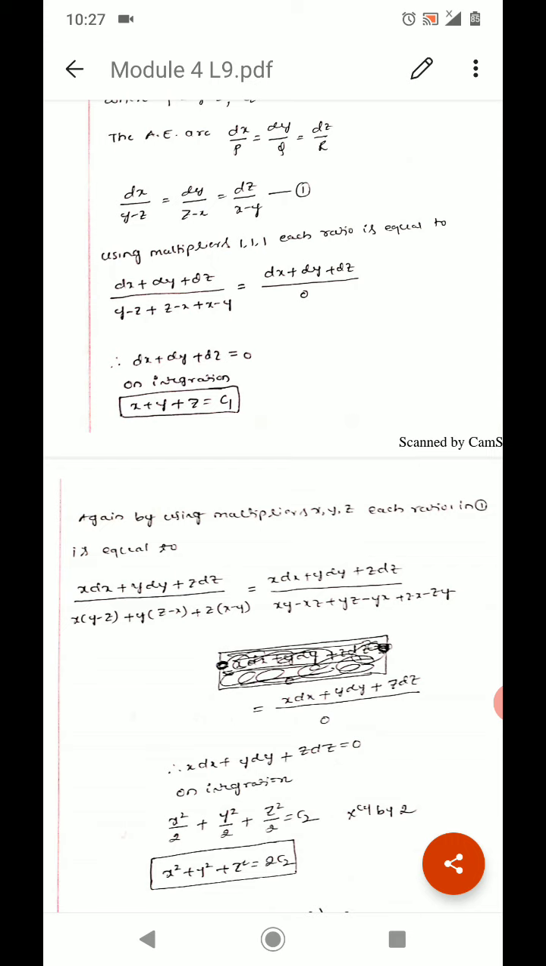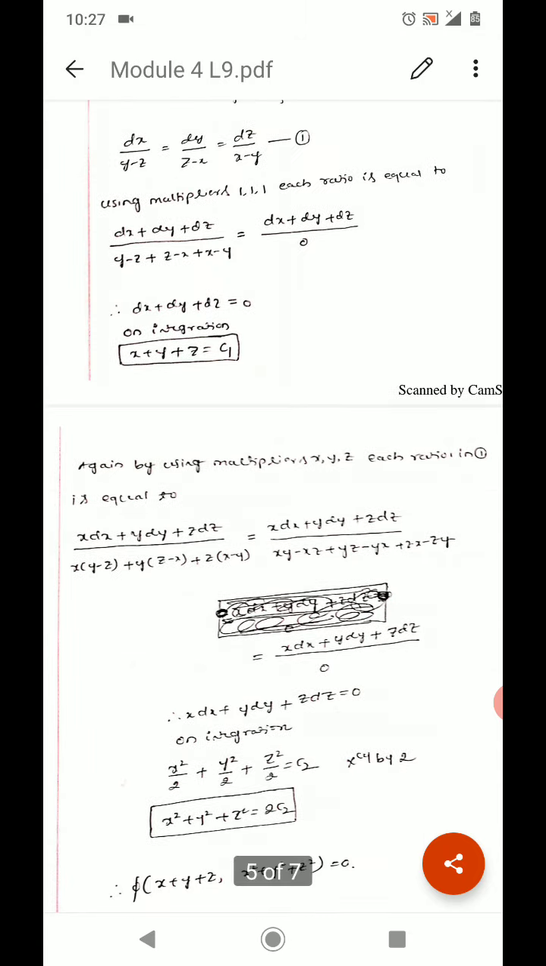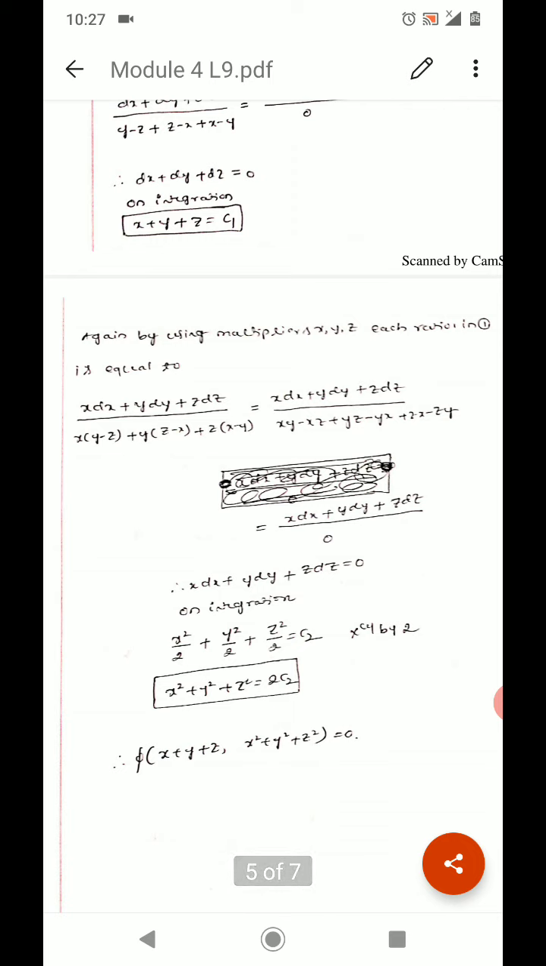Again the denominator becomes 0, so we get x dx plus y dy plus z dz equal to 0. So on integration, the integral of x is x square by 2, plus the integral of y is y square by 2, plus the integral of z is z square by 2, which is equal to c2. c2 is an integral constant. So multiplying by 2, we get x square plus y square plus z square